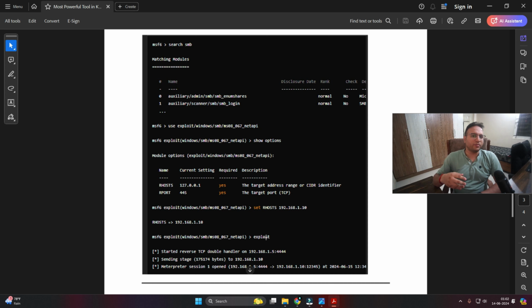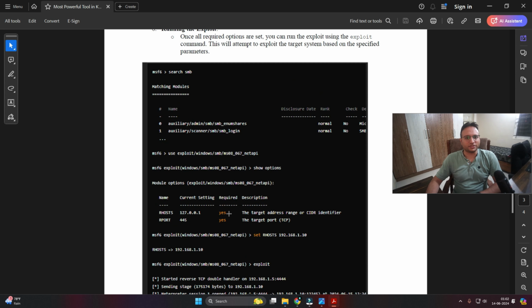Either it's a low-level privilege you are getting, or it depends on what type of privilege you are getting. Then you have to go for lateral movement using this, or you have to upgrade the privileges, like whatever service is utilized by the system or the administrator tries to get mapped with it. That type of thing you can do later on. I'm not doing those things over here. This is just for informational